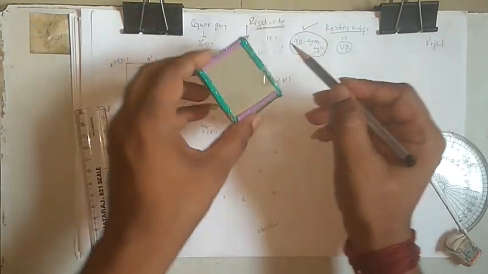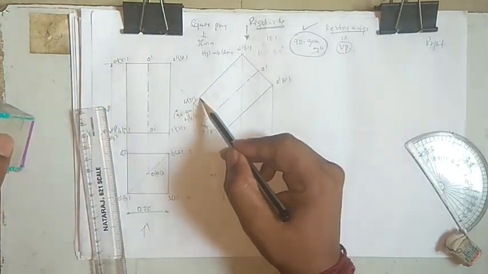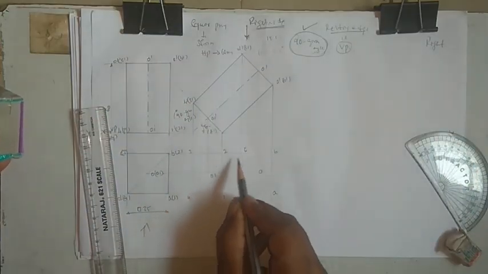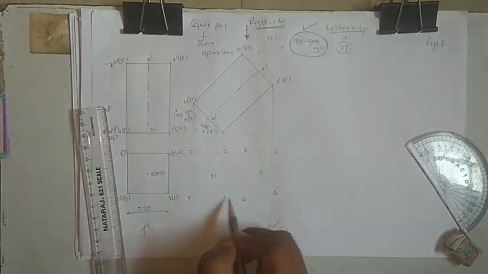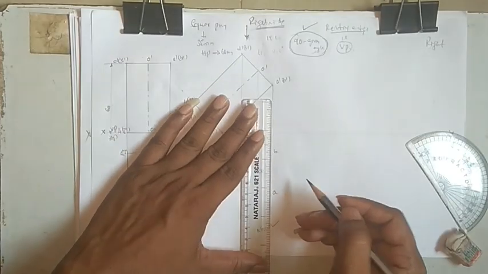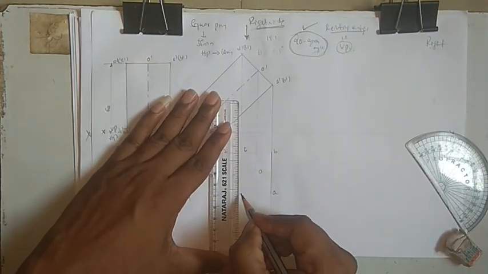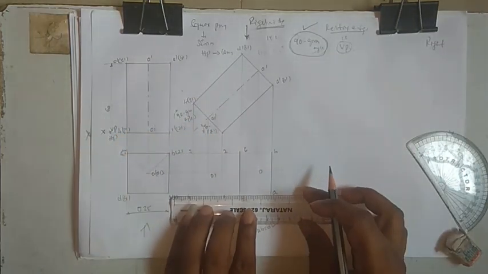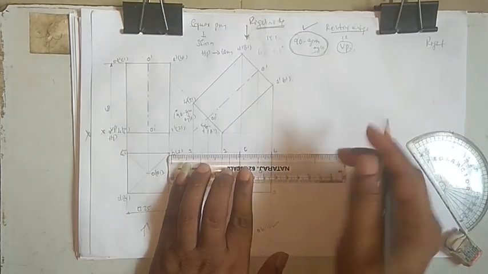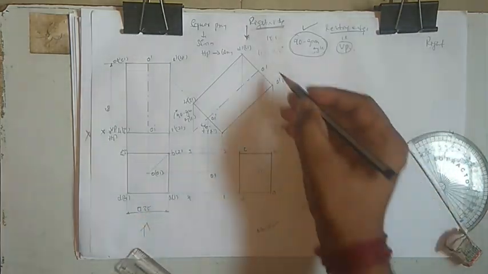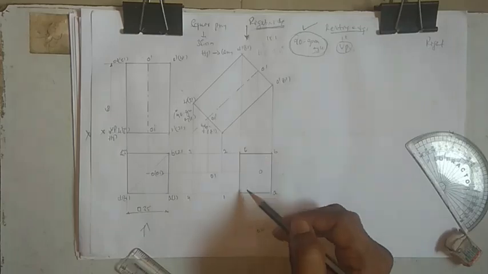Now when we are taking like this, this space will be visible, that is DC and 4, 3. So DC and 4, 3 is visible. Connecting that one will be visible. So now what we'll do, we'll make this one dark first, that is ABCD. Irrespective of any face, if it is a pentagon face or a hexagon face, when you are viewing from here, that face will be visible. That should be dark here.